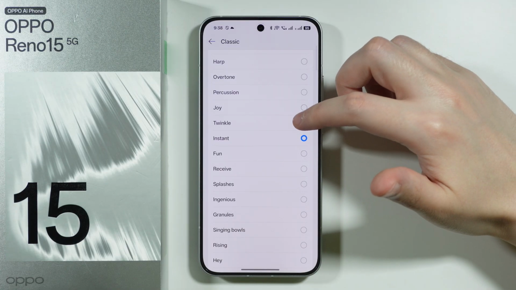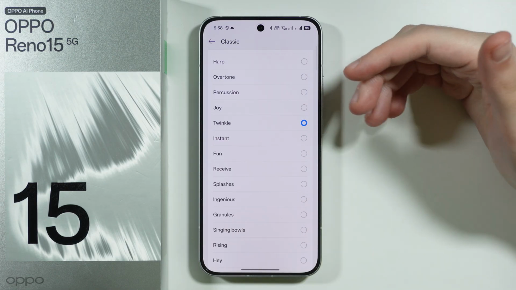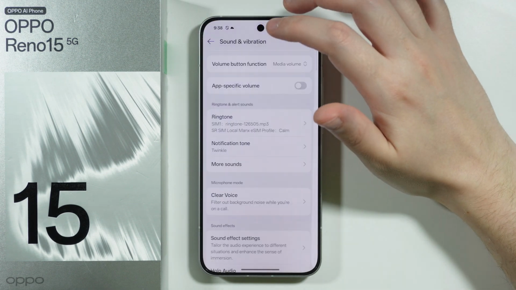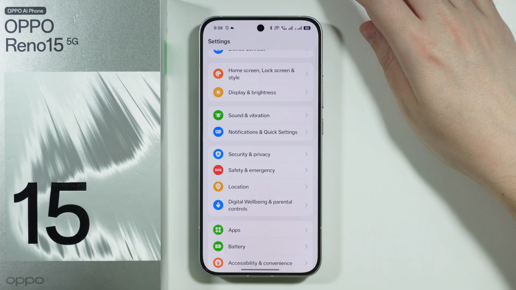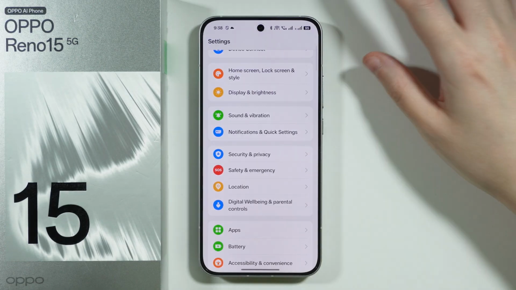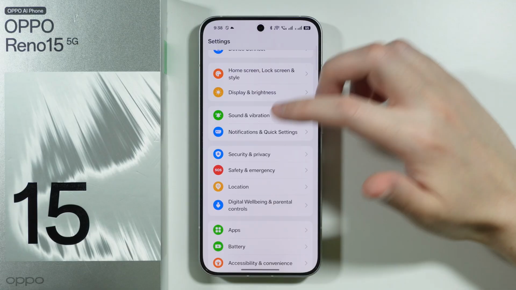So whenever you receive a new notification, that includes a new message, then the selected sound from here will be played. Now, on the other hand, if you want to set the message tone just for messages, so if you want to change the sound that you can hear when you receive a new message, then what you can do